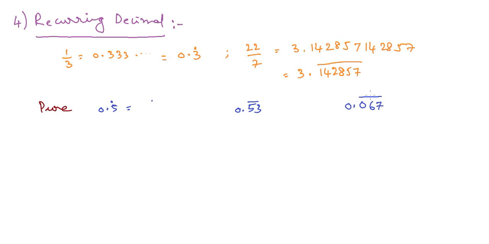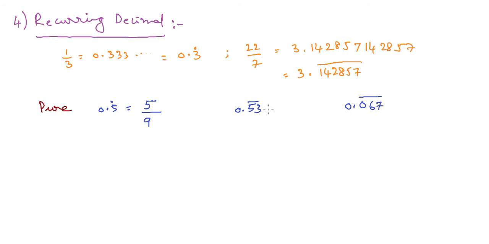Now the next topic is conversion of pure recurring decimal into vulgar fraction. If this is occurring, how can we convert it into a vulgar fraction? We can convert it by writing all the digits divided by the number of digits after the decimal. I mean, we need to write that number of nines. For example, in 0.5 dot, I have only one decimal place, so I can write that digit directly divided by that many nines. So it is 5 by 9.